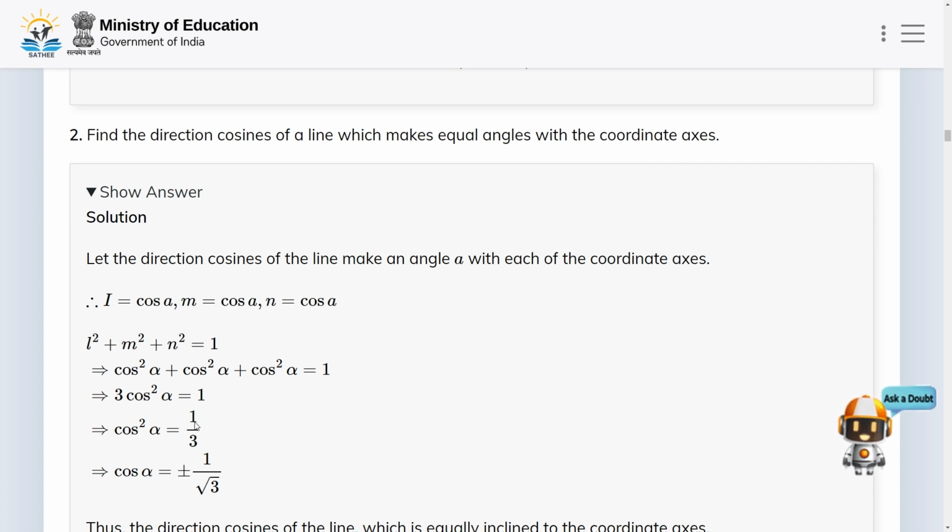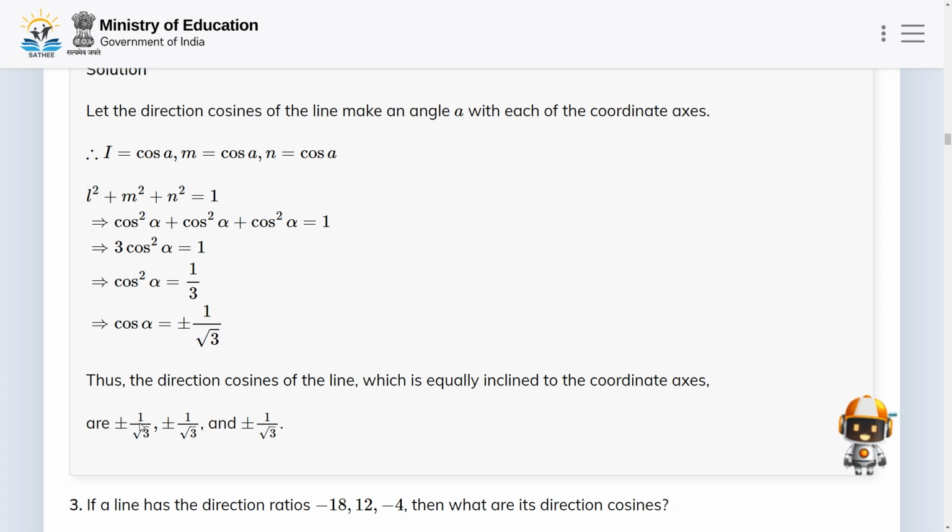If you apply root to both sides, you will have what? Cos alpha will be plus minus 1 by root 3. Cos alpha will be plus minus root of 1 by 3. Okay. Thus the direction cosines of the line which is equally inclined to the coordinate axes will be plus minus 1 by root 3, plus minus 1 by root 3, plus minus 1 by root 3. All are the same. Okay. I hope it is clear. Now third,